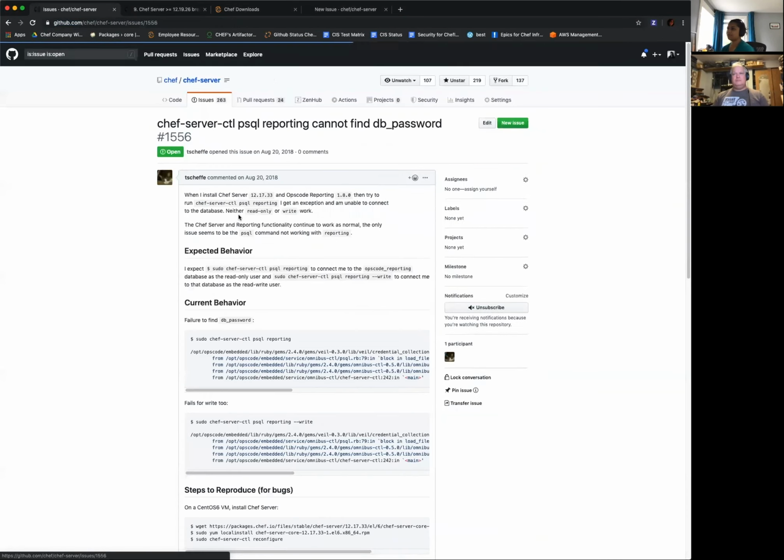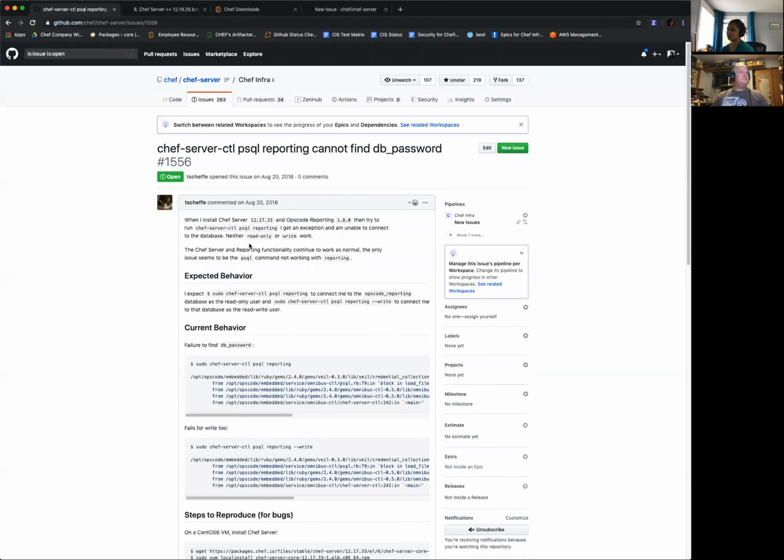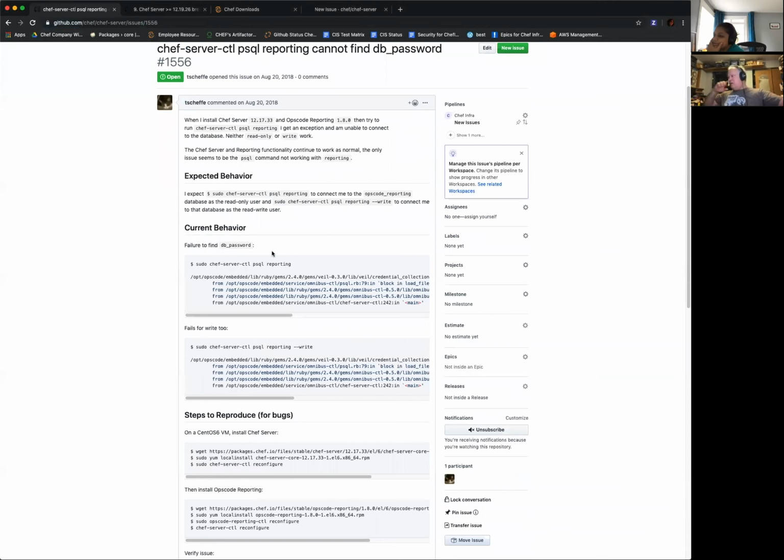Okay, PSQL reporting cannot find DB password. This is reporting in 1733. Well, reporting, that's done, right? Yeah, we have deprecated it.